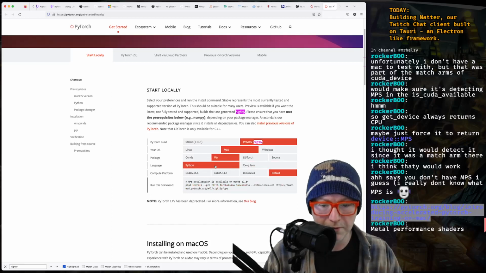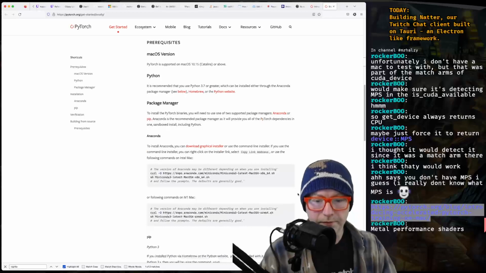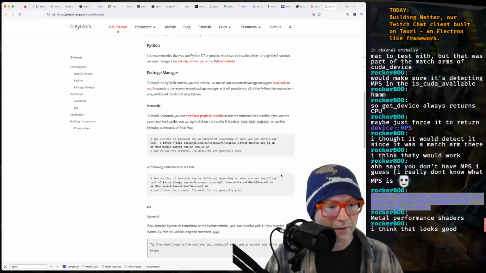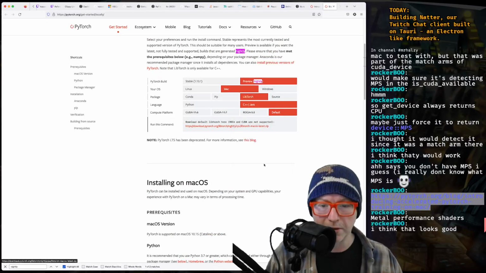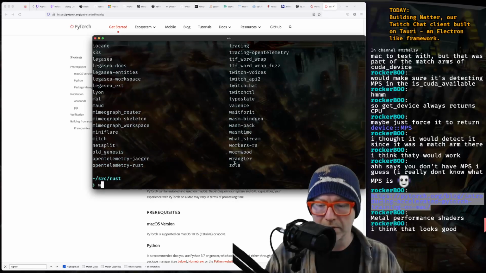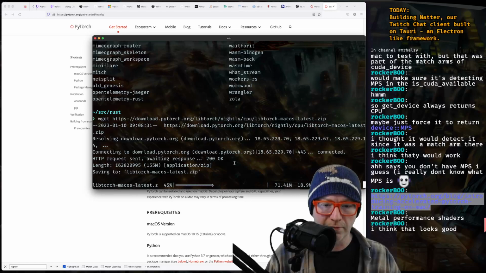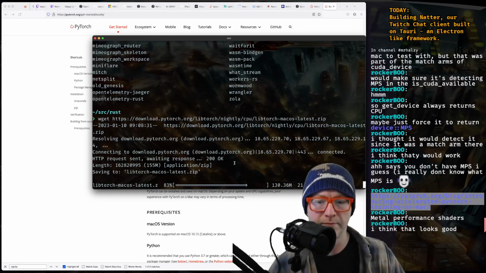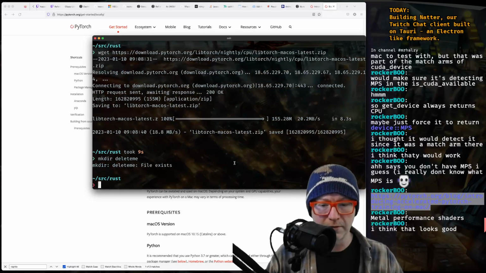I love the default. Interesting. It's really libtorch that we want. Copy link. What do we get here if we download that? And 55 megabytes. Okay. Oh, it exists. Perfect.